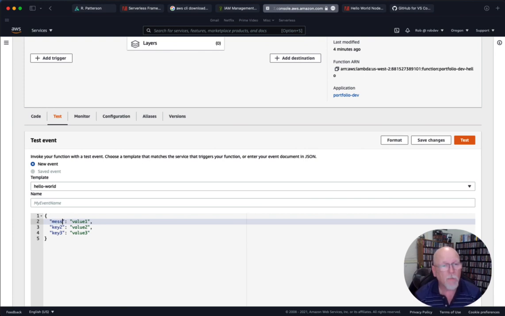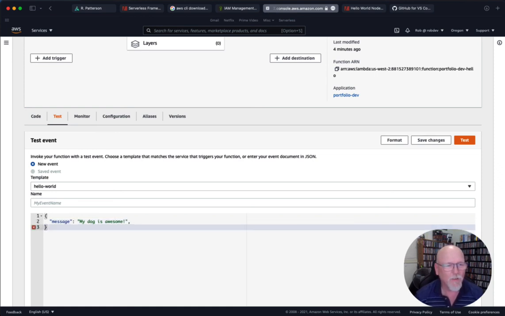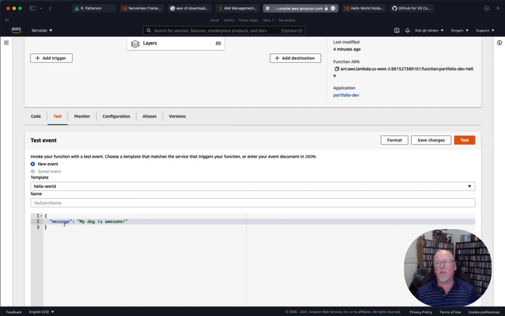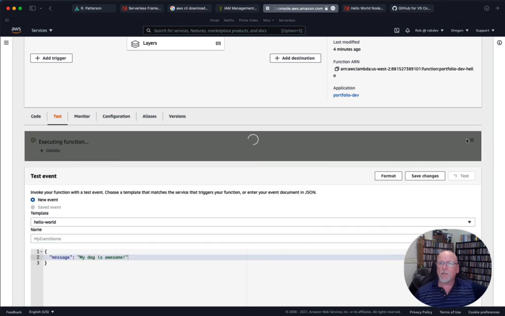So I'm going to say message, and I'll just say my dog is awesome because he is. I love my doggy. Let's get rid of those two. You can pass as much or as little as you want. So we're going to call this, and we're making a direct call to that Lambda function, and we're expecting that it'll call that code and come back with a payload that says, hey, serverless version 1. So let's test this,